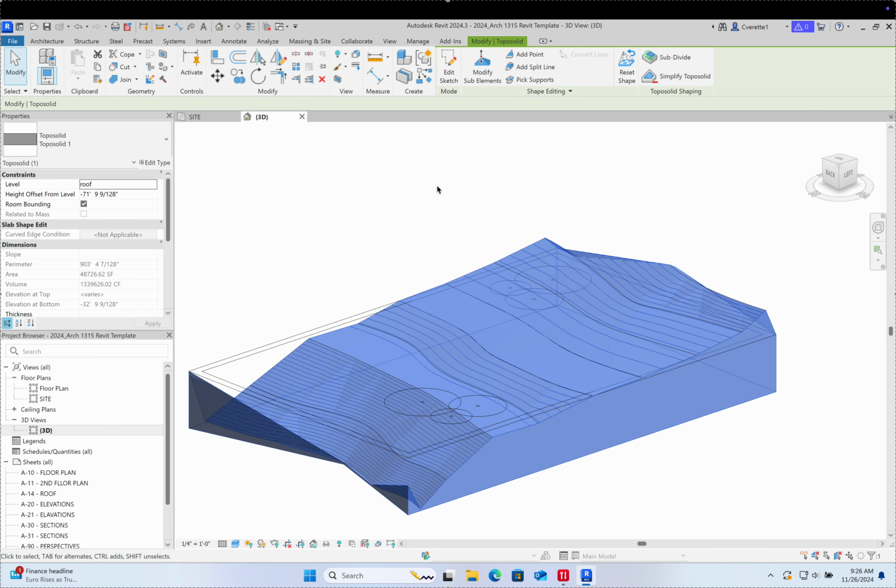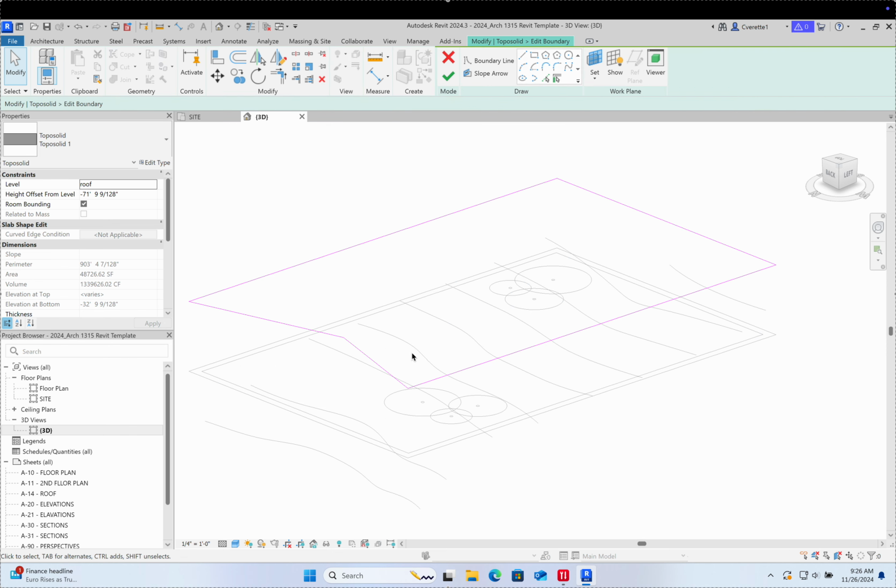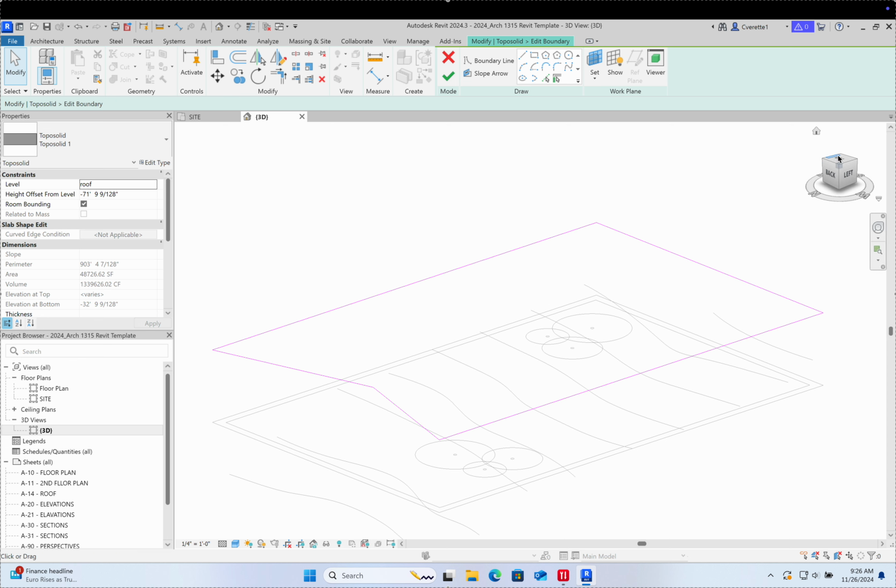So keep in mind that some tools are activated when you click on the particular categorized object, right? If I click on a wall, I'm not going to get the same tools that I would get for topography. Hopefully that makes sense. So when in doubt, especially in Revit, click on something and see what options you get. In my case, I could edit the sketch, and as you can see from the top view,